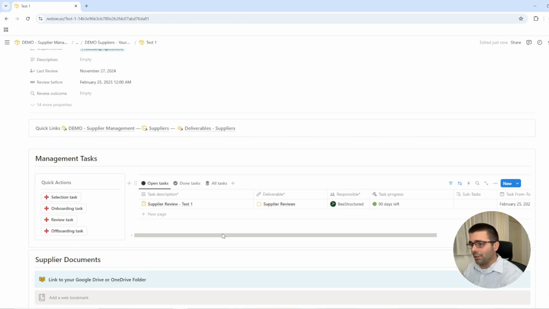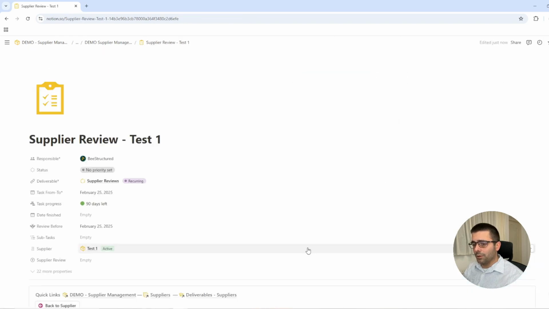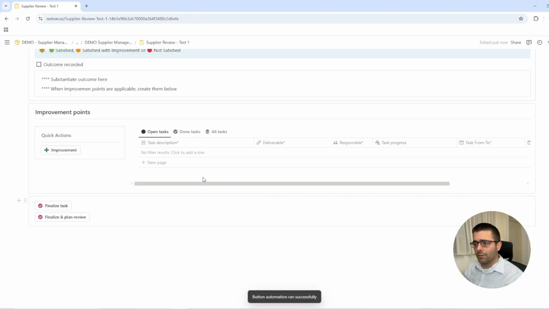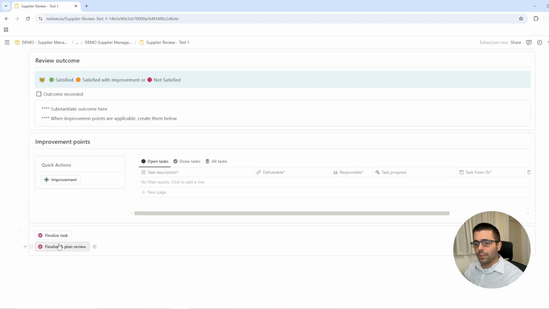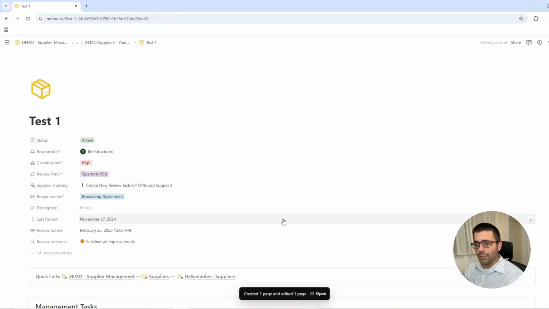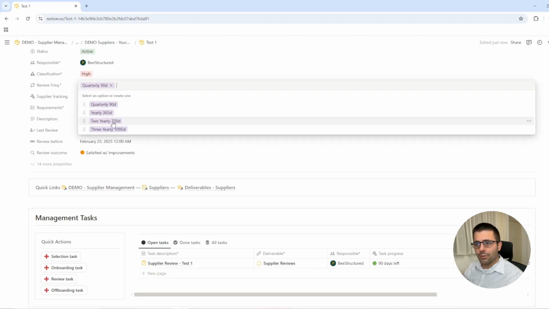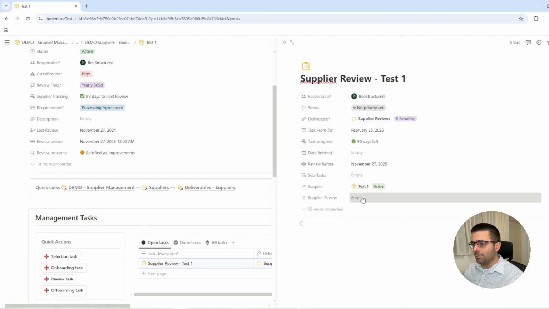So that's awesome. And then when this review is due, you just do your review, fill your points, and then you have to fill your supplier review, satisfied, and then it's okay, and then the next review is planned in, and it's automatically planned in based on this review frequency. So it calculates 90 days from that last review. So if we would change this to 365 days and I would do this review,